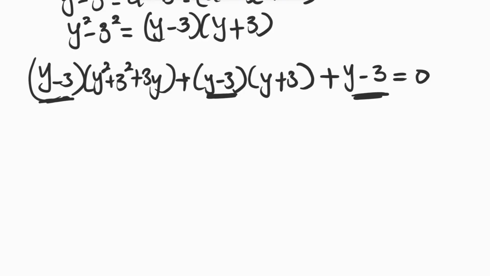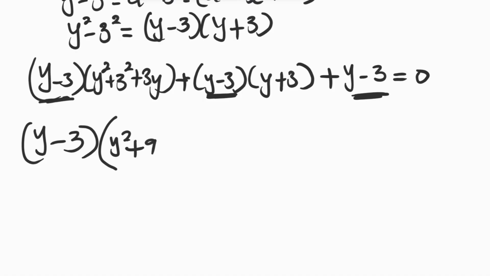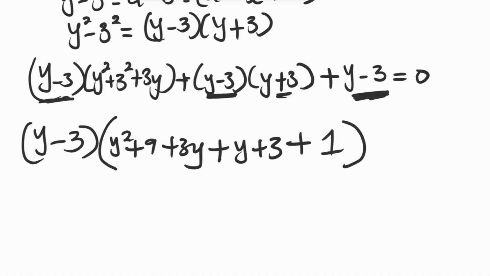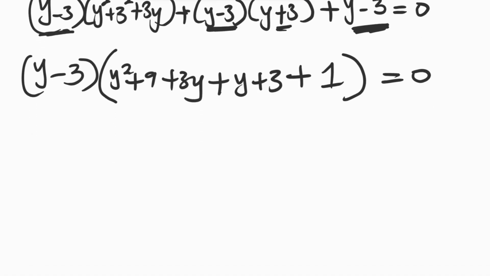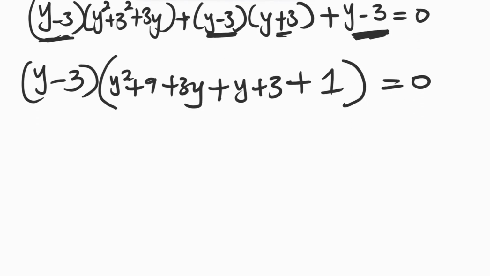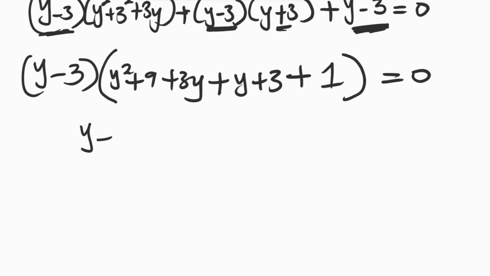So we can factor out y minus 3. And if we do, then we have y minus 3 into bracket, y squared plus 3 squared is 9 plus 3y plus y plus 3, and then plus, because this has been factored out, what we have left here now is 1 equals 0. So now we have y minus 3 is equal to 0,